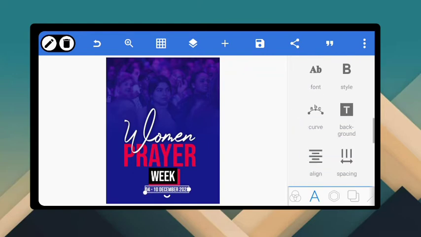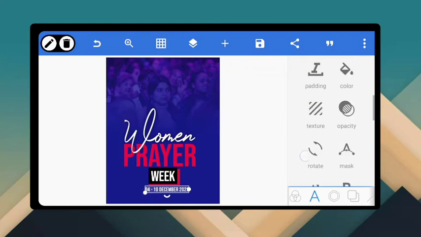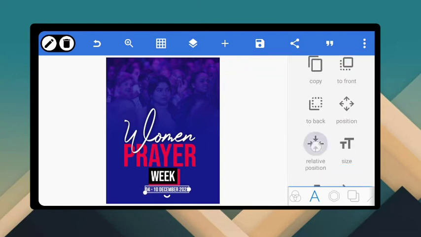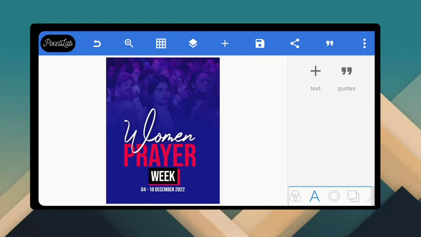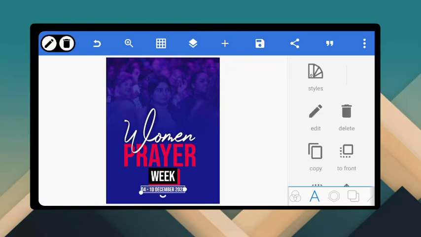Okay, now for this to be properly aligned, you can just come to relative positioning and align it to the center like that. The next thing that we can do to wrap up this design on this first page is, let's say we want to add time. Let's add time. Just duplicate this,